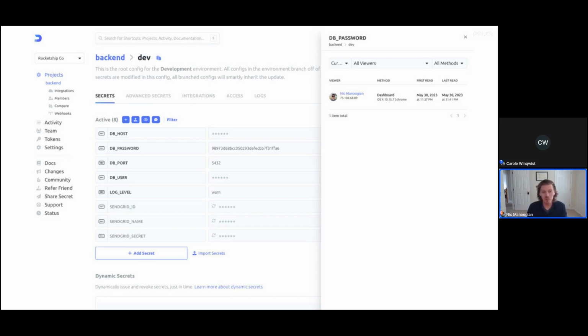that have seen it. So coupled with rotation, if we discover that there's a leak and we have the original value, we can, in theory, go back to this and look at the version that matches that value and see every actor, service or user that has ever seen that secret. And if we're rotating on a cadence like every 30 days, that list might be really small. So being able to plug leaks like this is just not really something that most teams can do right now. So this is still pretty rudimentary, and we're making big investments in this right now. It's something that we're really, really excited